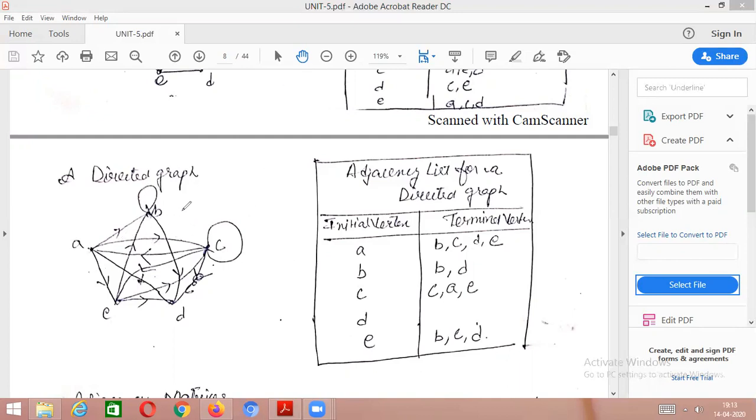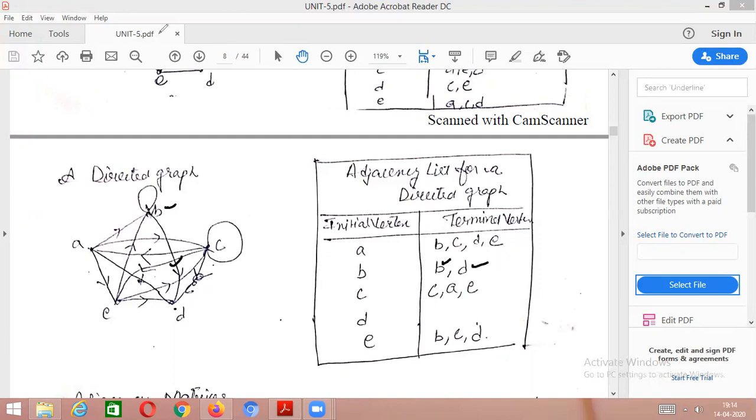In the same way, we see one more. We come to B. B has one loop. One edge goes outwards and comes again inwards to B only. So you consider B itself as one adjacent vertex. Next, for B, the edge going outwards, which one is going? It is D. So D is an adjacent vertex.